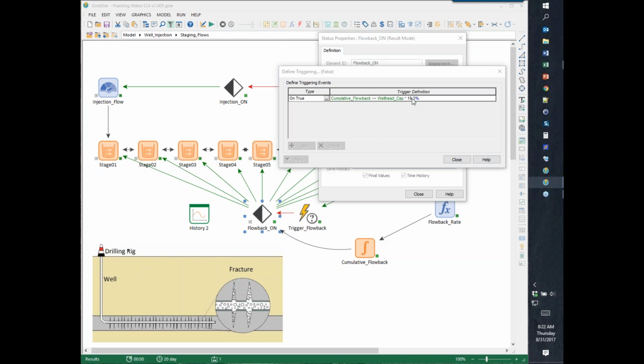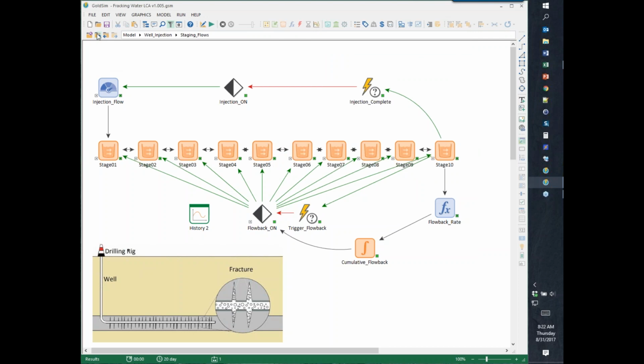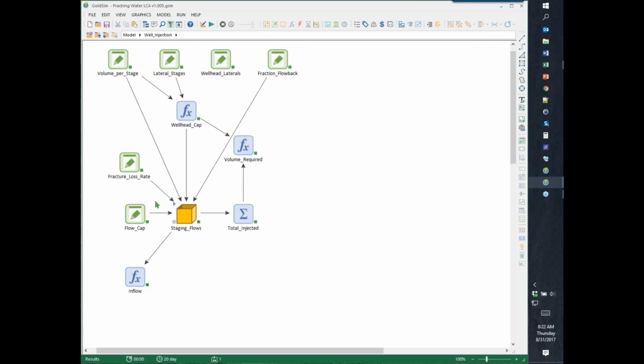So you could change this, and in fact, I should probably put this number 19.3% somewhere, in a data element somewhere in this model. In fact, let me do that right now. I'm surprised I don't have that somewhere. Let me just check. Yeah, I don't. Okay, let me just add that here. So this number is